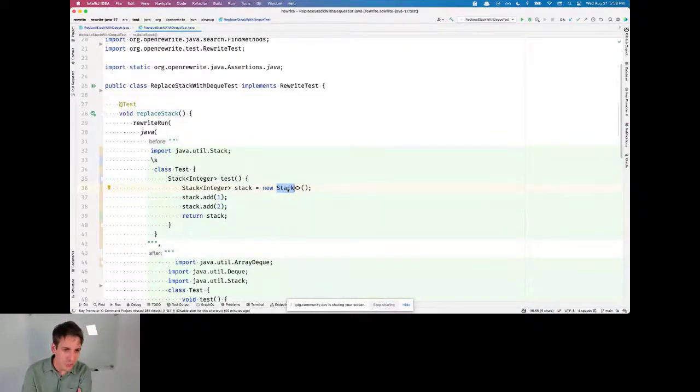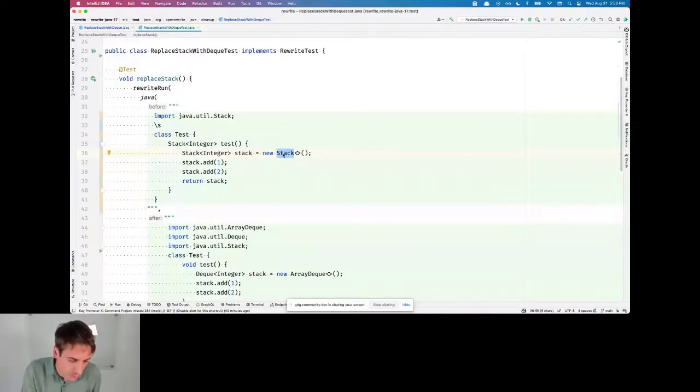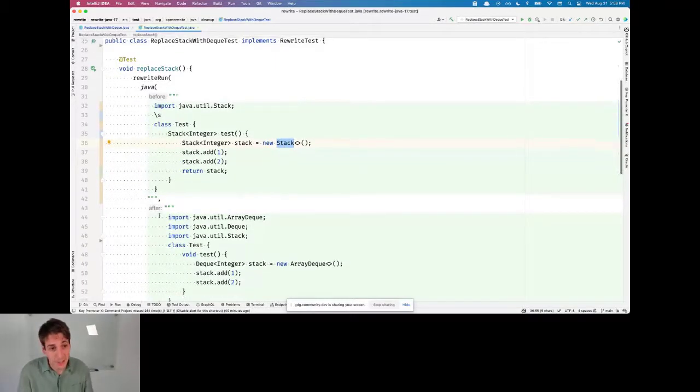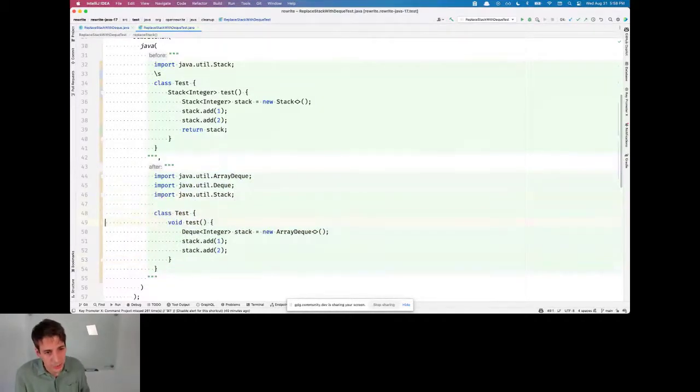So here we're going to use a stack. And stack is one of those classes in Java that obviously corresponds to the basic data structure of stack. It's super old. At some point, the Java language authors actually built a better implementation called ArrayDeque, which has all the same method signatures, the same behavior as stack, but is better implemented. And if you look at the Javadoc for stack, it'll say, don't use stack, use ArrayDeque instead. And yet a lot of us are still using stack because it's the more obvious name. This may be something that we don't know.